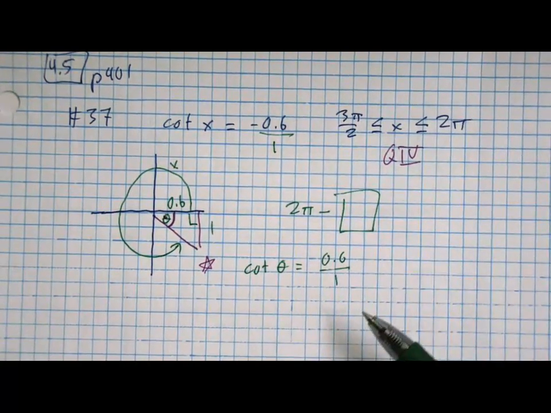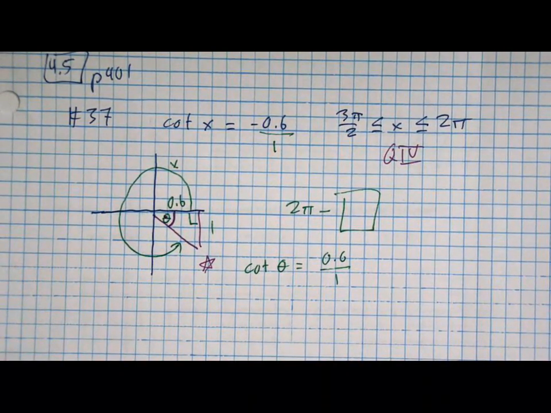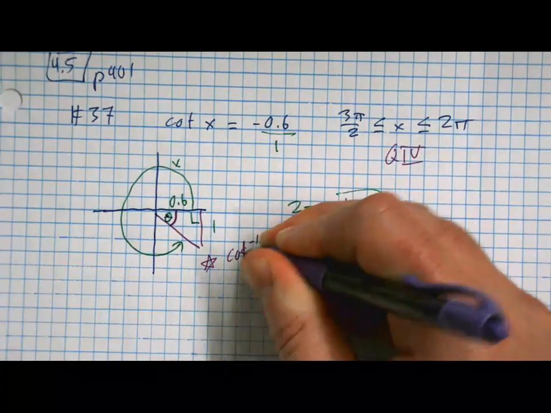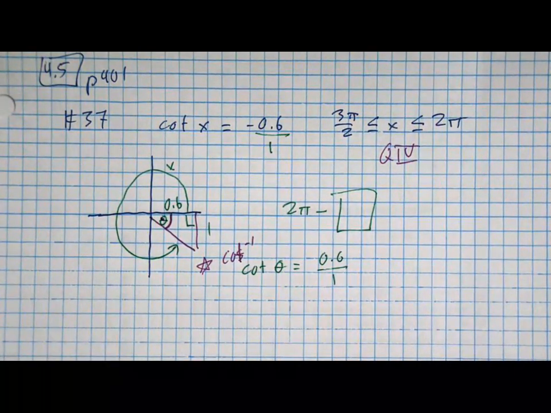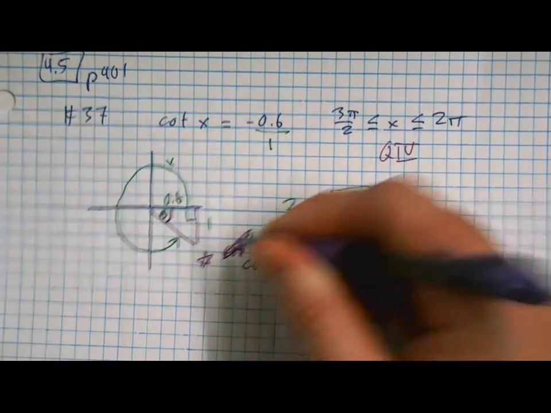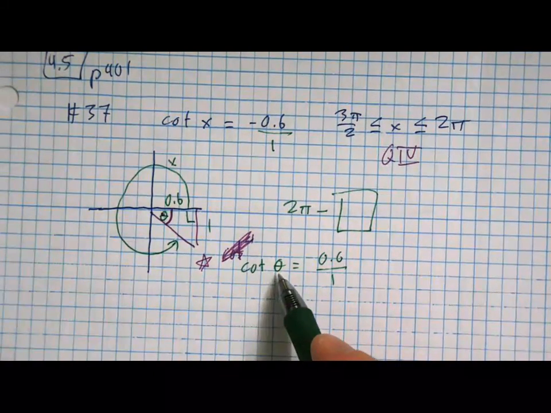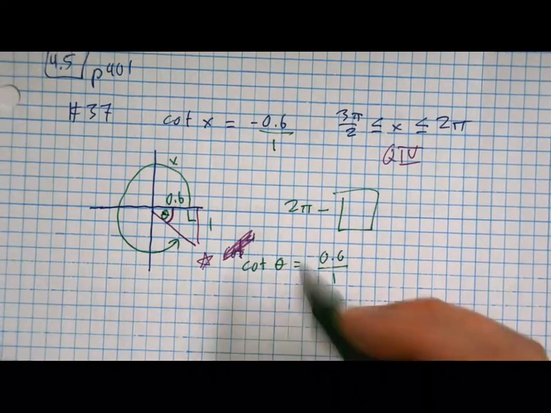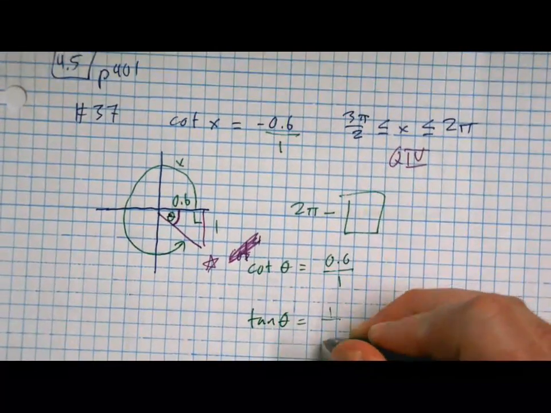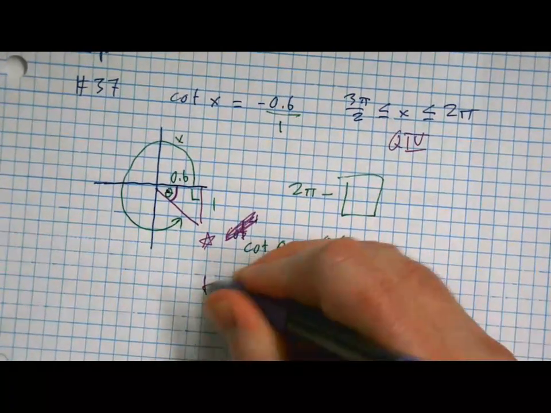Now, back in geometry, you learned how to solve equations like this. How do we get rid of a cotangent? We take the inverse cotangent. Ew, but we don't have an inverse cotangent button on our calculator. Backtrack. Let's change this equation. If I wanted to change this into a tangent, I'd be doing a reciprocal. Agreed? So tangent theta equals, but I got a reciprocal over here also, 1 over 0.6. Okay, now let's get rid of our tangent. We'll do an inverse tangent